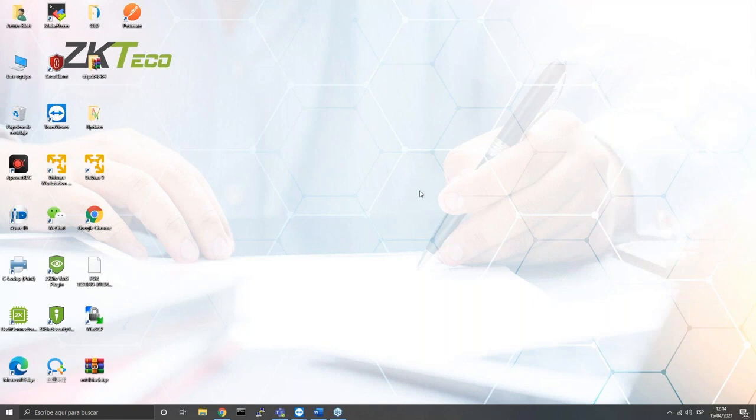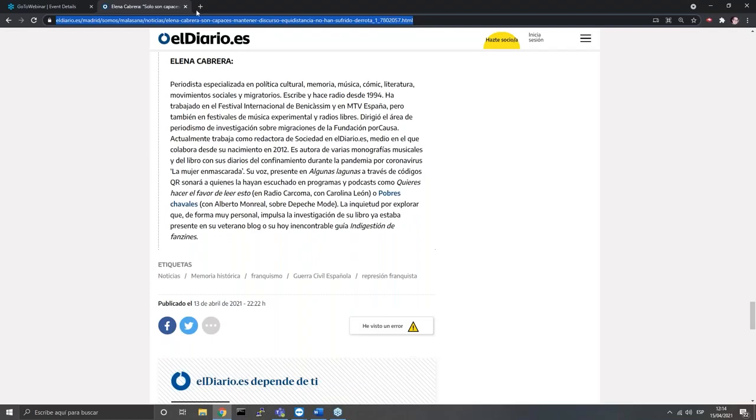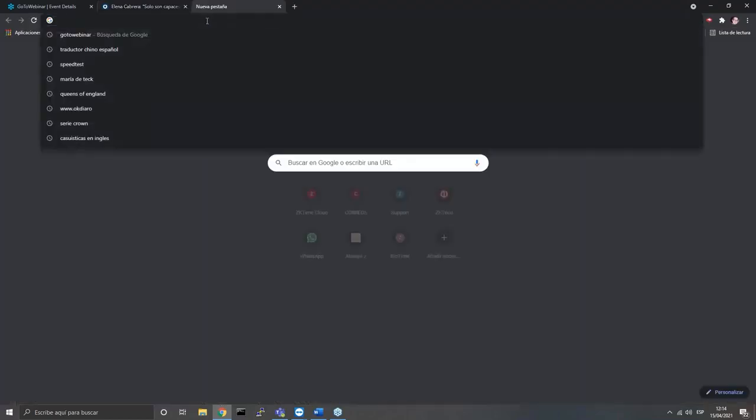As you can see, this is my computer. I suppose you are all seeing my screen. I cannot install on my computer directly, but I have here a computer on which I'm going to install the software. First of all, where can we download the software? We have BioTime 8 on our website,